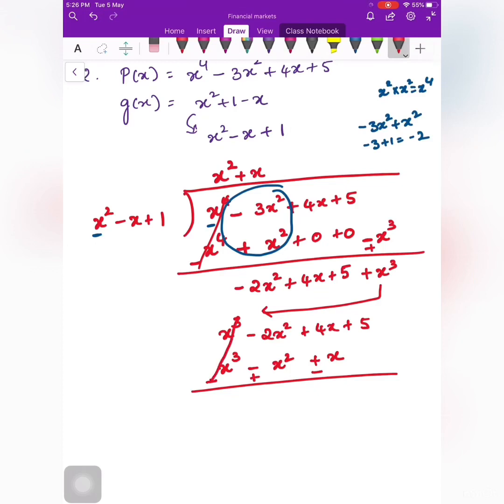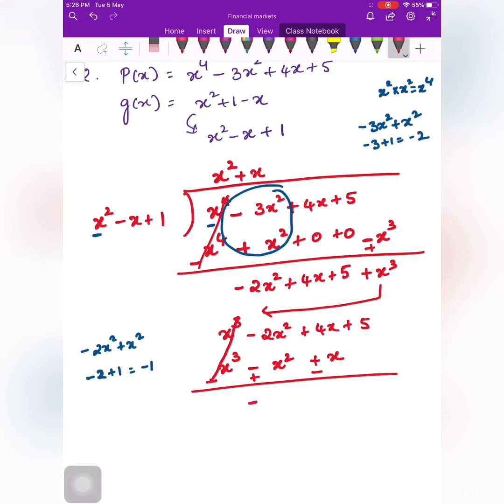So you can cancel this out, and here what you have is minus 2x square plus x square. It's as simple as minus 2 plus 1, which is nothing but minus 1. You'll always have a subtraction when you have different signs, and the sign which is retained for the answer is the sign of the bigger, larger number. So here minus 2 is the larger number and it has the minus sign, hence the minus sign will be retained for the answer.